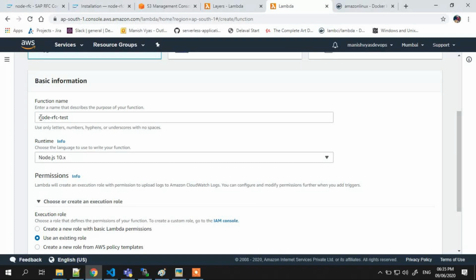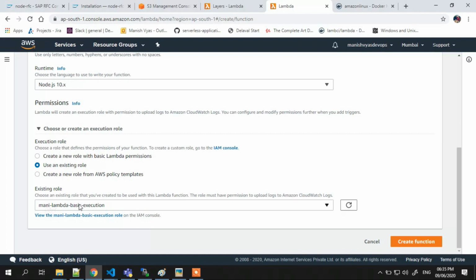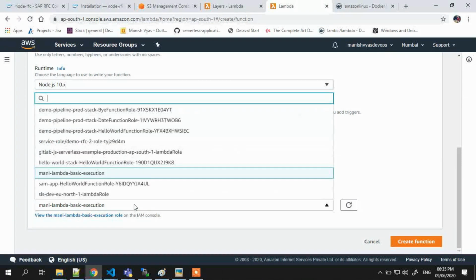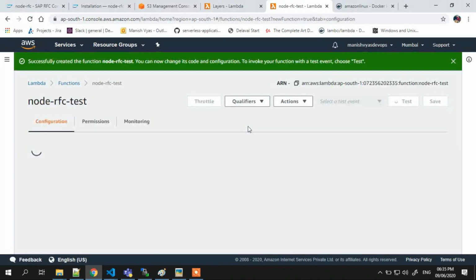This is the function name, this is the runtime. I set a permission. If you are doing basic Lambda execution, you choose Lambda basic execution, and for VPC purposes you choose the Lambda VPC basic execution policy. So I created a role, selected Lambda VPC in it, and I'm going to create this function.